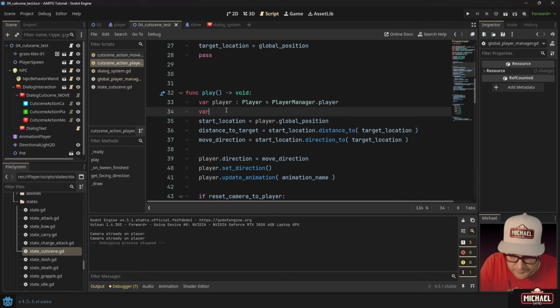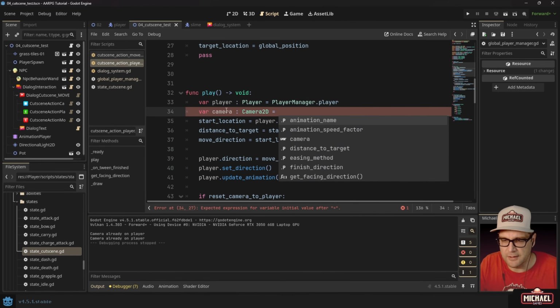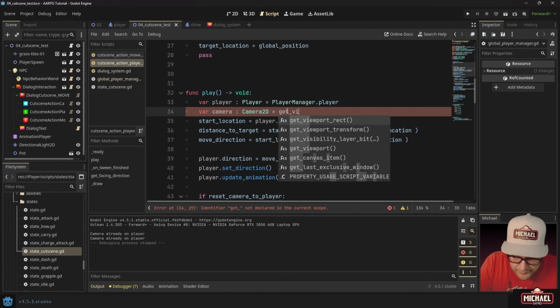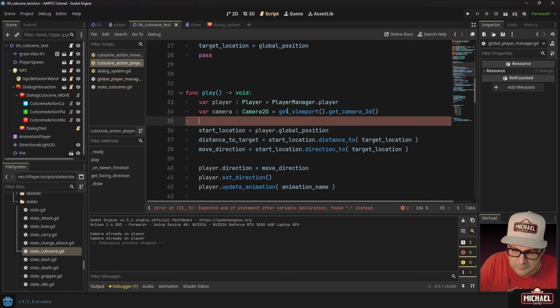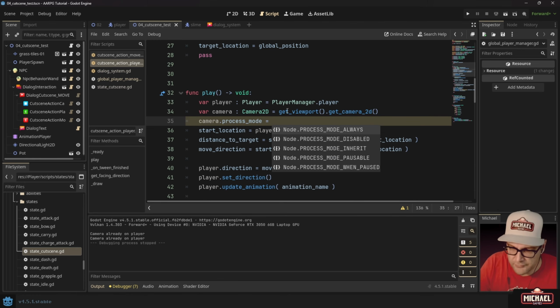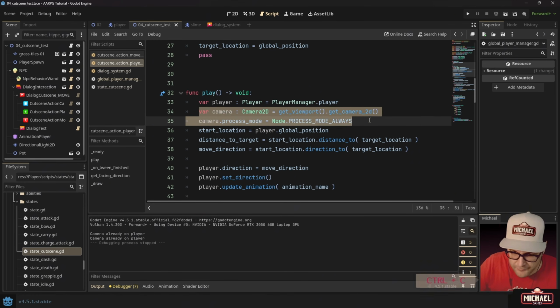So let's say var camera, and let's go ahead and get a reference to our camera. We need to make sure that our camera process mode is enabled. Otherwise, it's not going to do its own movement, right? That auto follow that it does when the player moves. So we use that get viewport. There it is. That get camera 2D. And then we'll do camera.process mode. And we'll just set it to the always process mode, okay? And then I take these two lines, copy them,